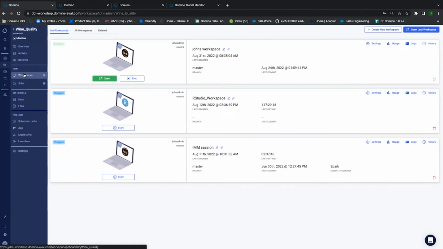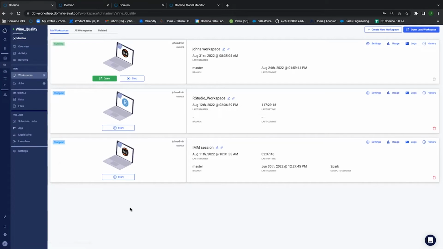So let's learn some new terminology here, specifically when it comes to what we call workspaces. A workspace is really an interactive environment that's a representation of, for example, when you're writing code on your laptop. The difference is it's containerized, it's available inside of Domino, and you're always able to replicate that because you're going to attach what's called an environment. An environment is just a Docker image. So if I go any further, let me show you what I mean by that.